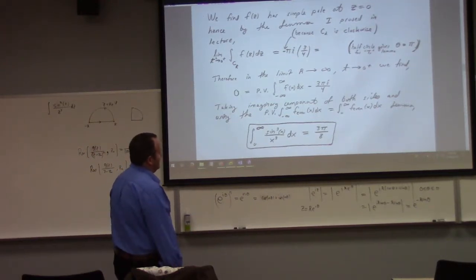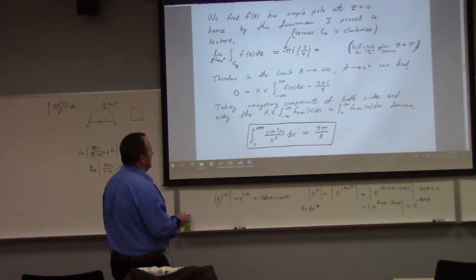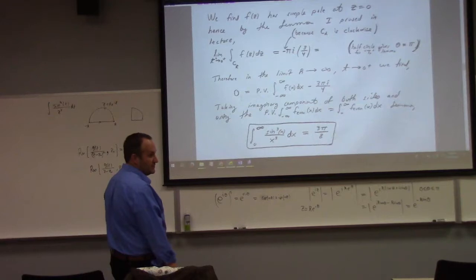Let's see, what do I say? I think I'm missing a 2 here. Man, there's all kinds of errors in this thing. Look at this. A 2, maybe? Yeah, a 2. Otherwise, how do I get from this to that, right? And also, I picked off the imaginary component. See that i? The imaginary component.